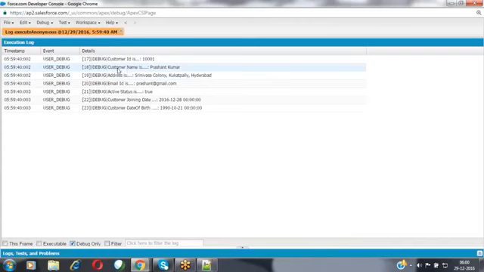Now it is providing the information about the customer ID, customer name, address, email ID, and the active status. Everything is available to you over here. All the details that you have printed are available inside the debug log file. This is the way we can define variables, assign values, and print values as well.